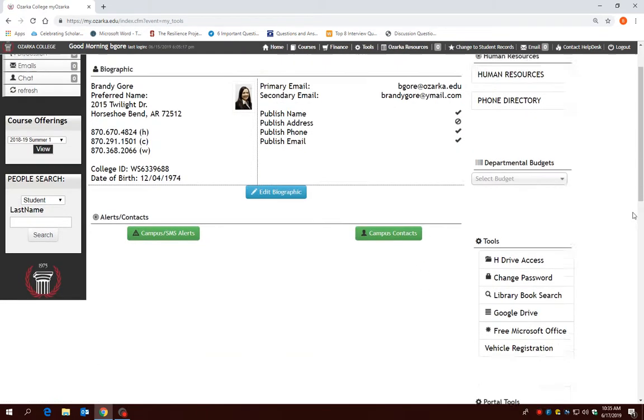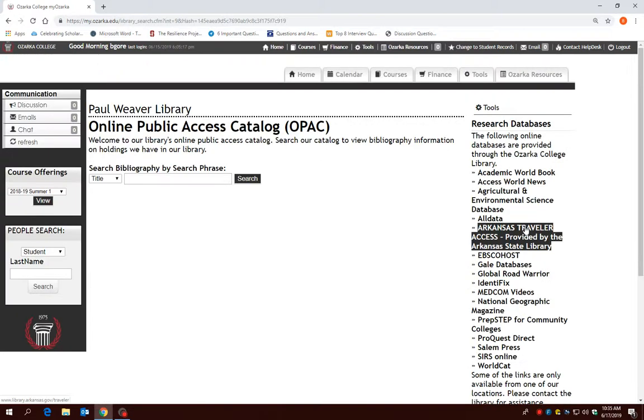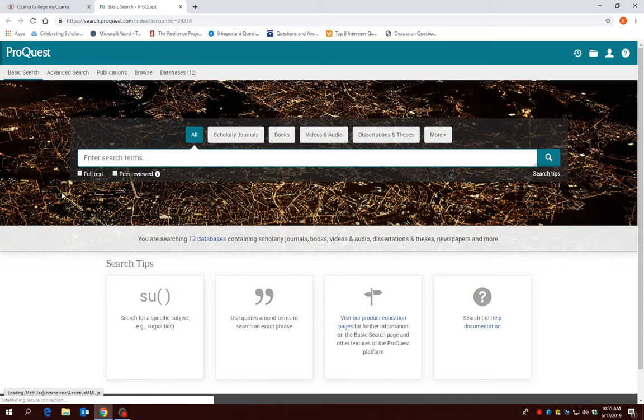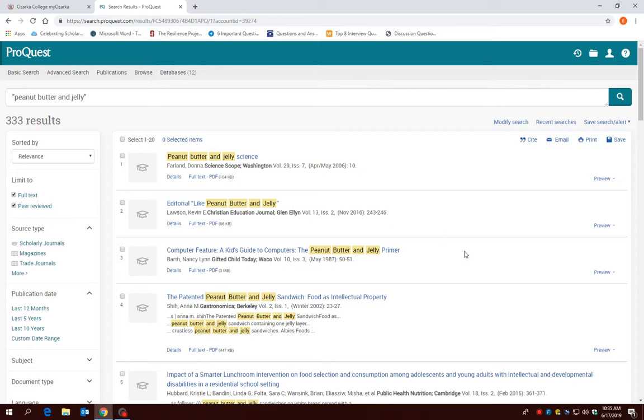If you'll hit Tools down here at Library Book Search, and then let's say one of my favorites is ProQuest Direct here. And then, to get credible sources, you would click here and here. I don't know if this is going to work, but peanut butter and jelly. Let's just see if somehow that is located in any article in ProQuest. Okay, and so peanut butter and jelly science,